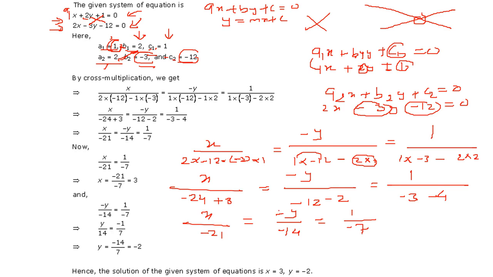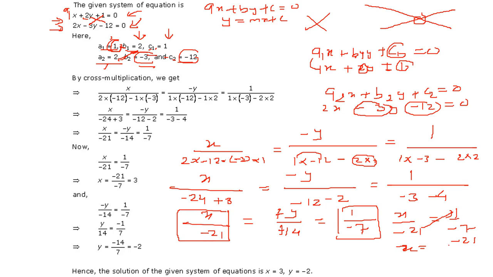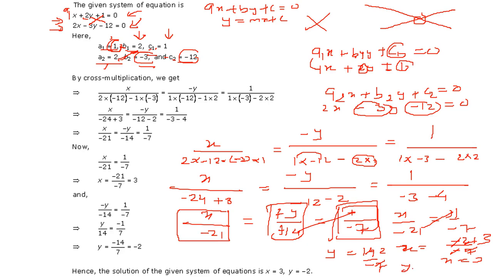Now since we have minus in the numerator and minus in the denominator, you can cancel it out here only. Now let us find out x. When we want to find x, we take this one and this one. So x by minus 21 is 1 by minus 7. X will be equal to minus 21 by minus 7. Minus minus gets cancelled, 7 threes are 21. So x is 3. In order to find y, we'll take this one and again the constant term. So y will be equal to 14 by minus 7. 7 twos are 14, with the minus sign. So y equals minus 2. So y is minus 2, x equals 3. This is how it comes, right?